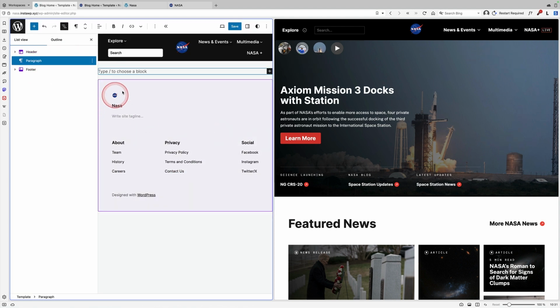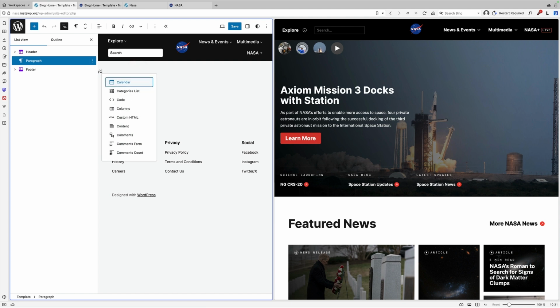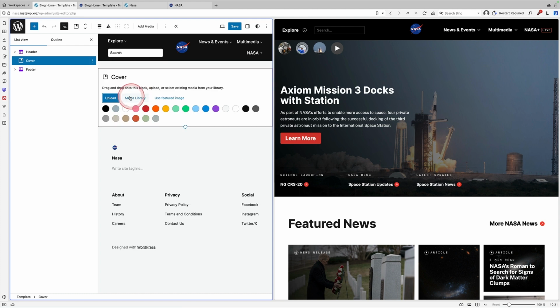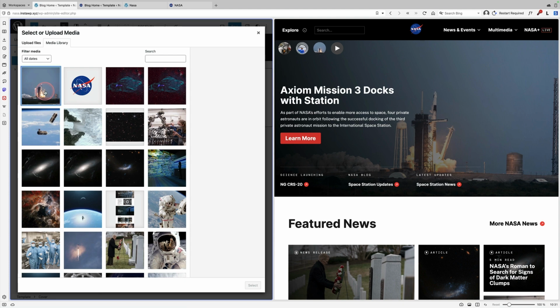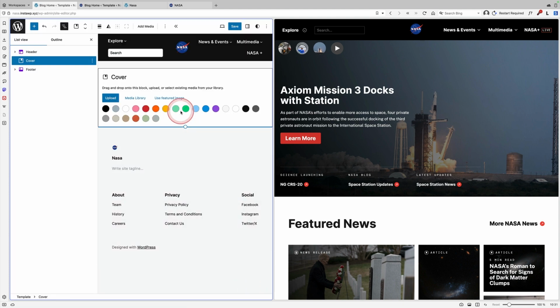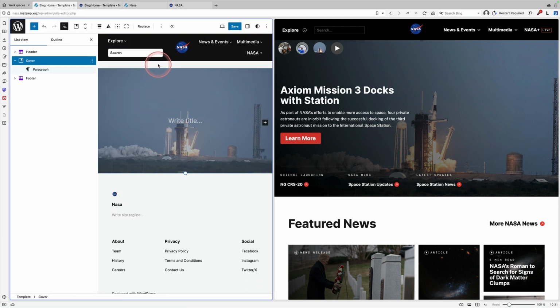I'm going to add the cover block into this section here, because the cover block is a fantastic block. It lets me add pretty much all I need to accomplish this. And you'll see I can choose an image as the background, which is that image there. And there we go. There's my cover block. You'll see we've got a bit of margin going on here, but I'm going to solve that in a second. And this is where I can start to build out my cover block.